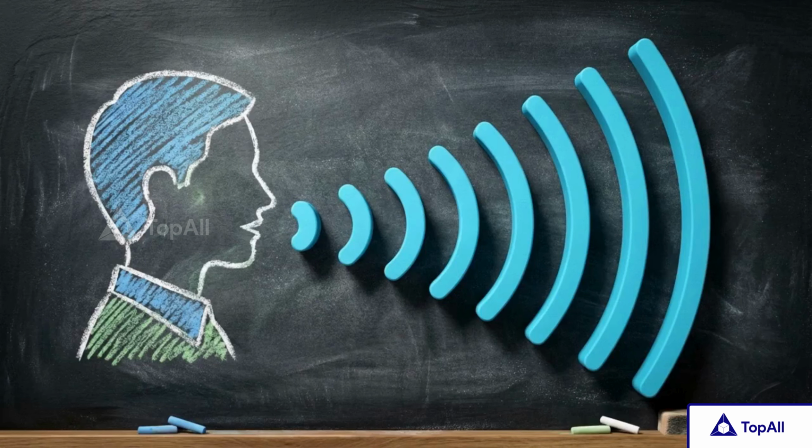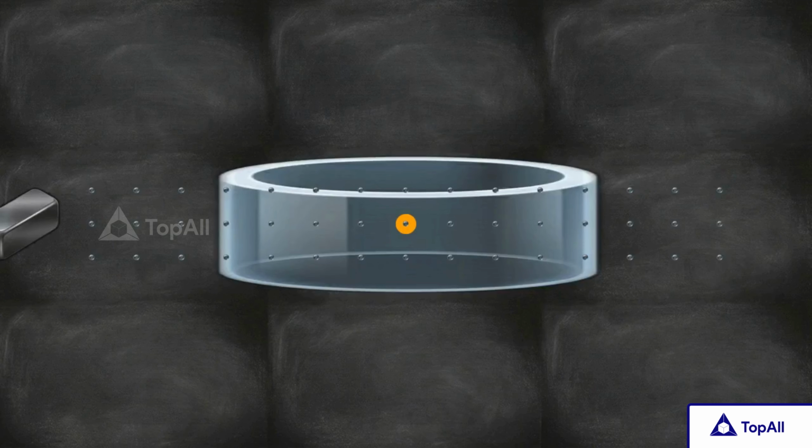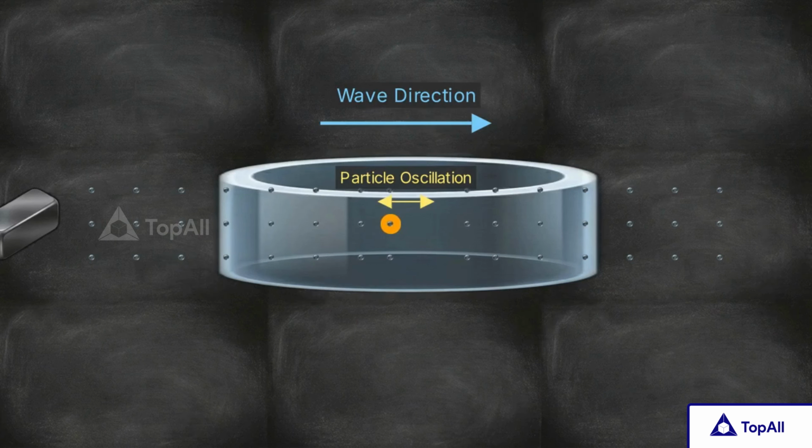Sound waves traveling through the air operate under a completely different set of rules. We can't see the air moving like we can see a string vibrating, but we can visualize the mechanics. Imagine a long pipe filled with air, with a piston at one end. A sudden push forward and pull backward of that piston disturbs the air molecules immediately next to it. This creates condensations, tightly packed air, and rarefactions of lower density. As molecules push outward, the disturbance travels down the pipe. Notice the geometry. Molecules oscillate forward and backward, parallel to the wave's travel. This defines a longitudinal wave.